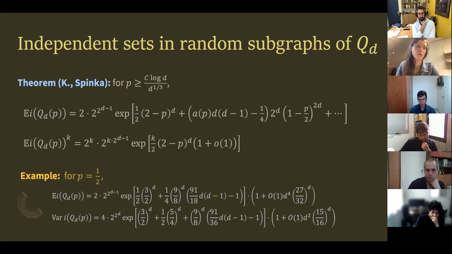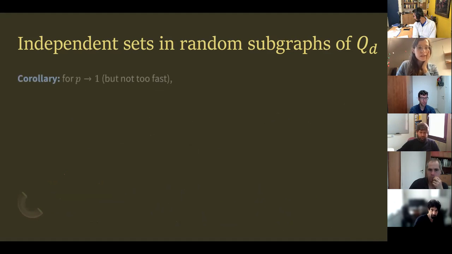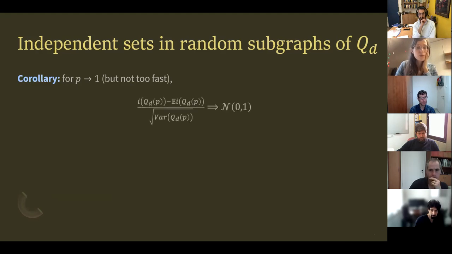Okay, so now that we have the moments, first we want to ask if we can say something about the distribution. And the answer is yes, we can for some values of P, not for all of them. So when P is tending to 1, perhaps but not too fast, then we know that this centralized variable is actually normally distributed. So we have some information about the distribution for large values of P. And if we want to consider smaller values of P, then we know that this limit is